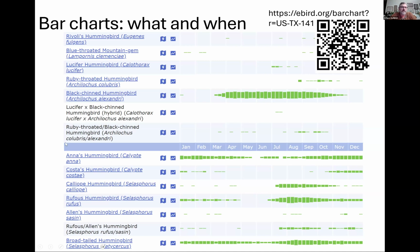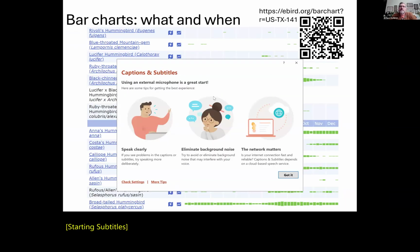Sorry, let me see if I can find this pointer. Subtitles. That might be helpful, but not at all what I was anticipating. Anyway,